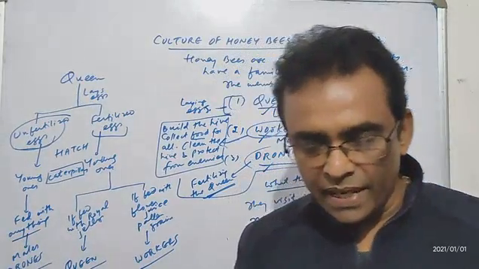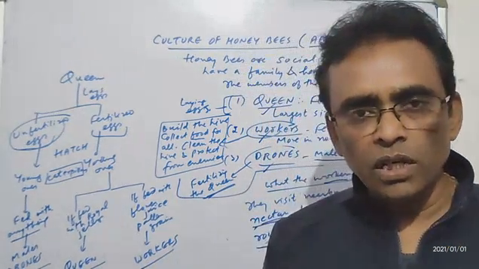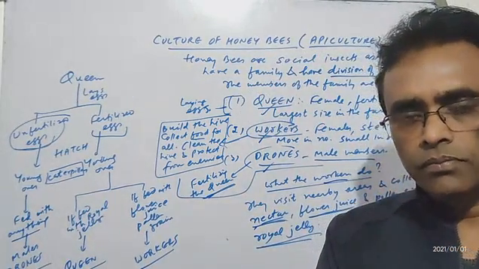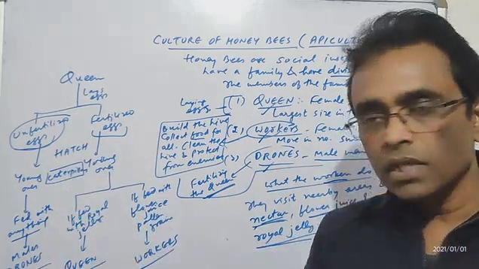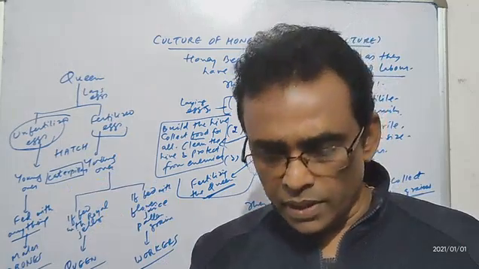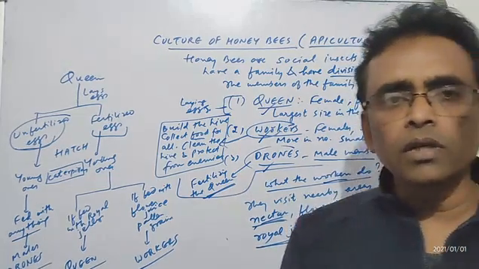Suppose a case is there where the queen has not laid eggs. There is no young one developing. Or the eggs do not need food. When the eggs hatch into young ones, then only they need food. So workers are bringing the flower juice. And there is no one to feed, only eggs are there. तो उसमें किसी को खिलाना नहीं. So what they do? They eat it,